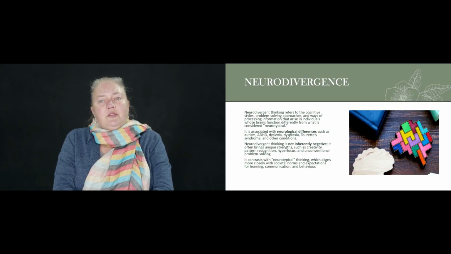Now, neurodivergent thinking is not necessarily negative. It often brings unique strengths, such as creativity and hyperfocus and unconventional problem solving. However, a neurodivergent child does differ from a neurotypical child and may require different interactions in a classroom or in a therapeutic setting. It contrasts with neurotypical thinking, which aligns more closely with societal norms and expectations for learning.